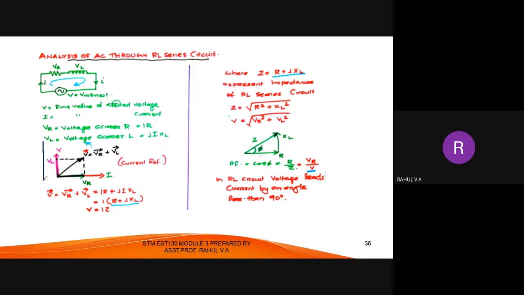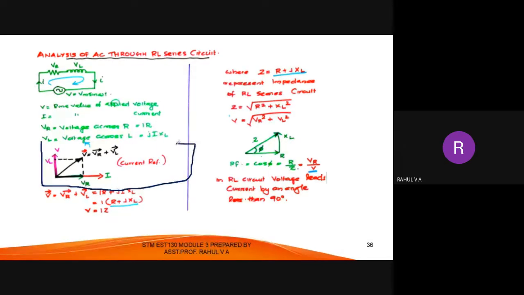So what I have done is, first I have drawn the current phasor. Because the current in both the resistor and the inductor component is the same, I have taken current as a reference. Then I have drawn the voltage phasor on the current phasor for the resistive component, and I have marked it as VR. Here you can see VR. That voltage phasor is on the current phasor. And then you can see that I have drawn the voltage phasor of the inductor 90 degrees away from the current phasor